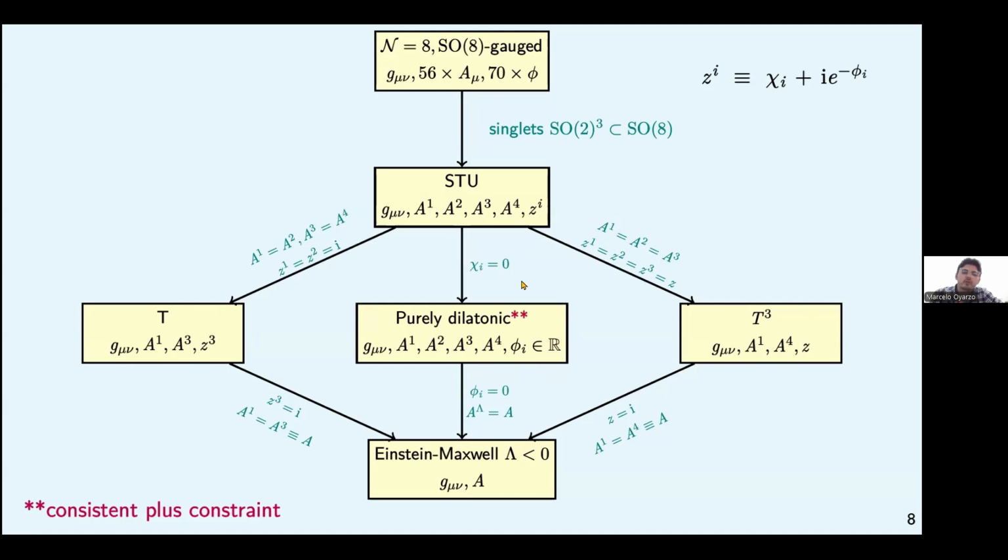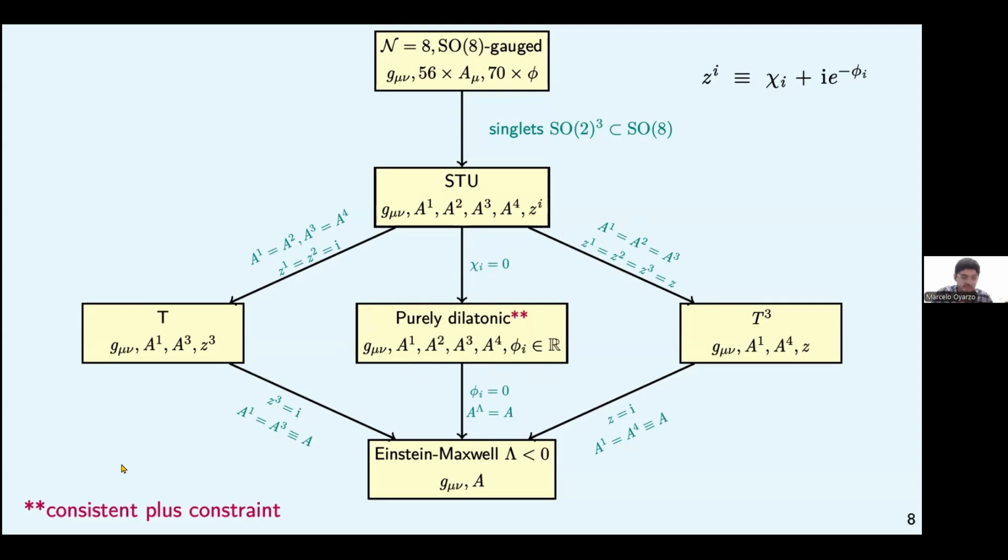But also you can turn off the real part of your complex scalars that I wrote here. As usual, they are parameterized by this chi, which is called an axion field, and phi_i, which are the dilatons. So if you turn off the axion, you will end up in a theory which is called purely dilatonic, that can be embedded in the STU model if you satisfy a constraint. So it's not on the same footing as the T and the T cube. Okay, and all these theories can be reduced to the minimal gauged supergravity N=2, which is Einstein-Maxwell with